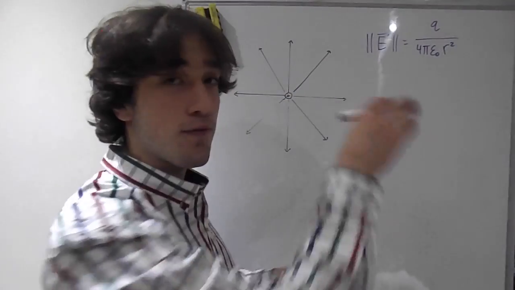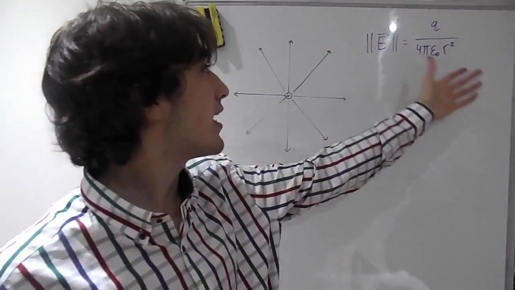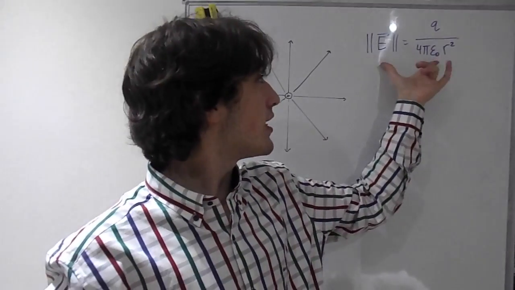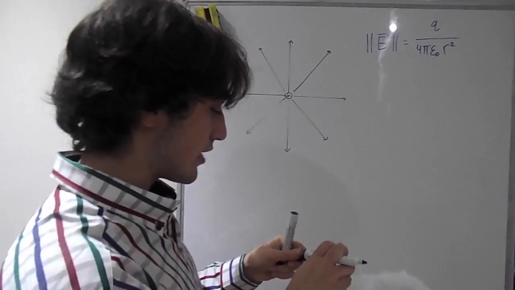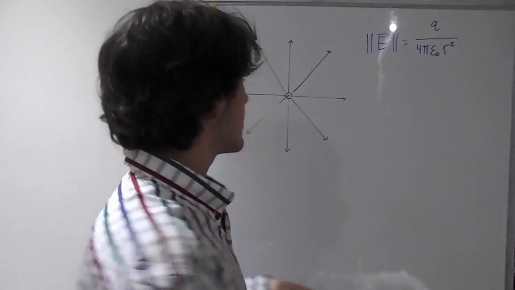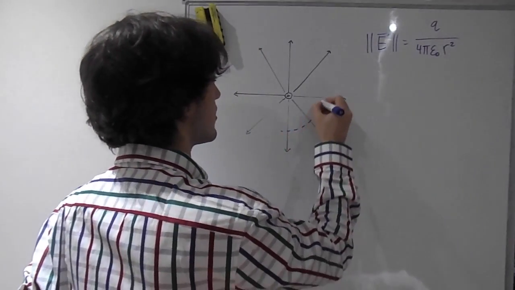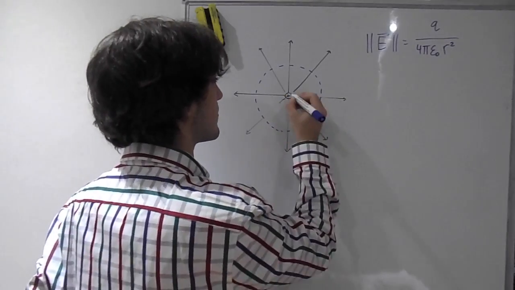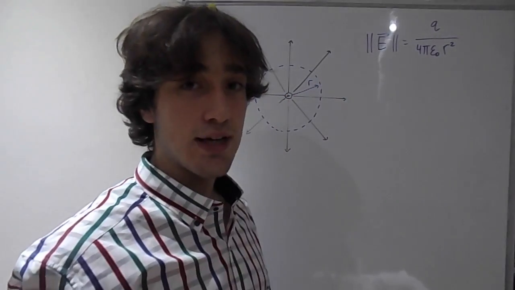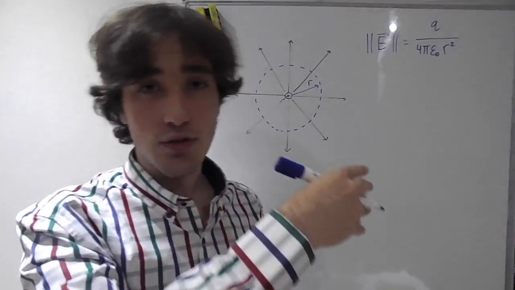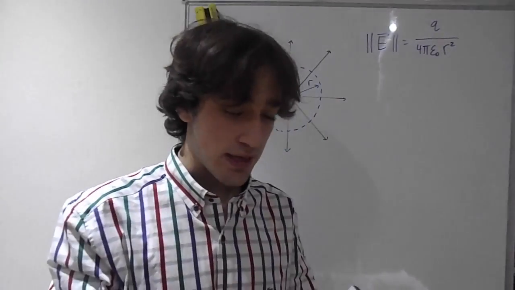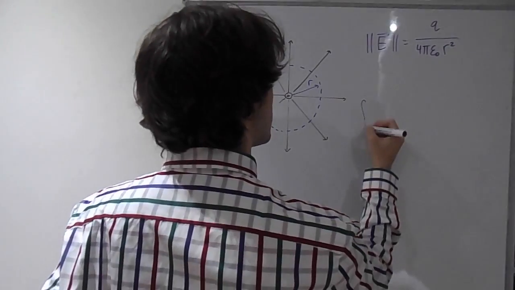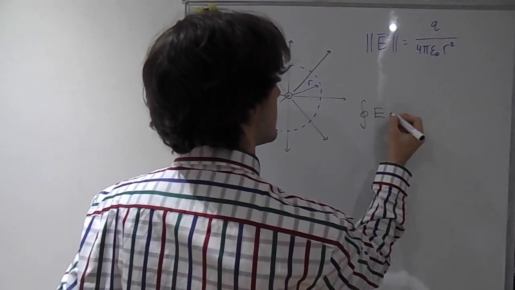It fills space with its electric field, and the magnitude of the electric field is given by Coulomb's law here. I want to consider the electric flux through an imaginary surface with radius little r. I've drawn this two-dimensionally, but in reality it's in 3 dimensions. And I chose a sphere because it has some really nice properties. So let's look at the